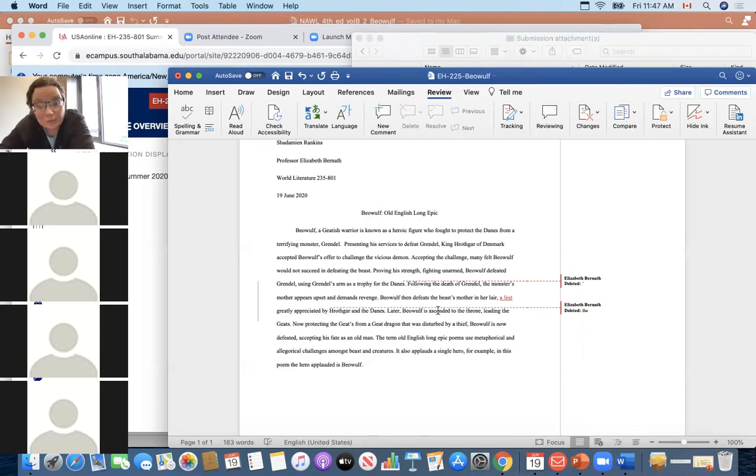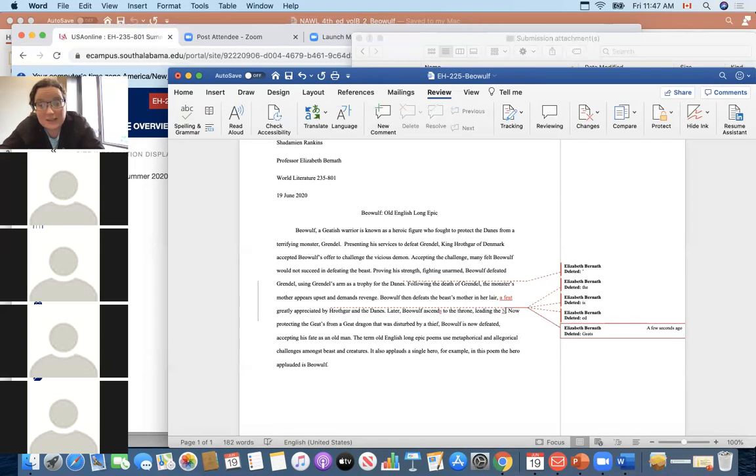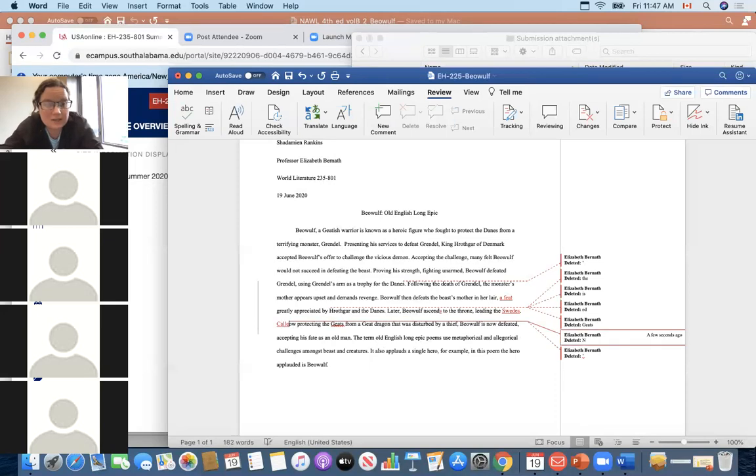Good. Later, Beowulf ascends to the throne. Wonderful. Leading the Geats. Actually, he leads the Swedes in Sweden. Now protecting the Geats from a Geat dragon that was disturbed by a thief. I'll say called once again, called to Denmark once again. Called from Sweden to Denmark. That's unclear in the text, very hard to read, but I'm just going to say called from Sweden to Denmark